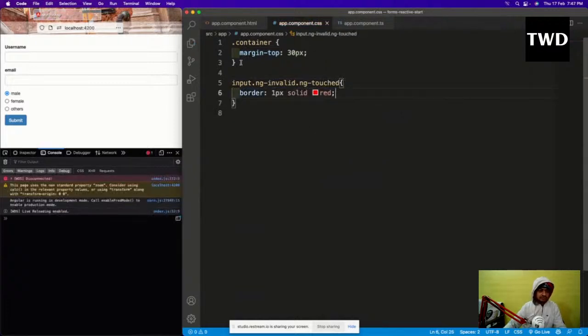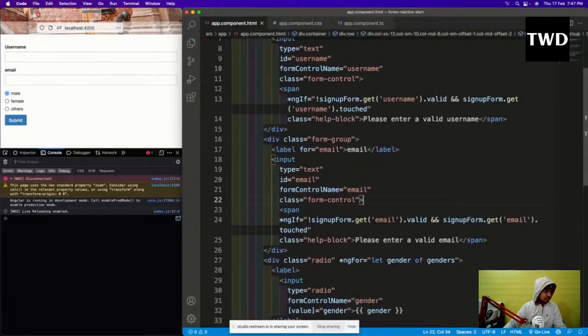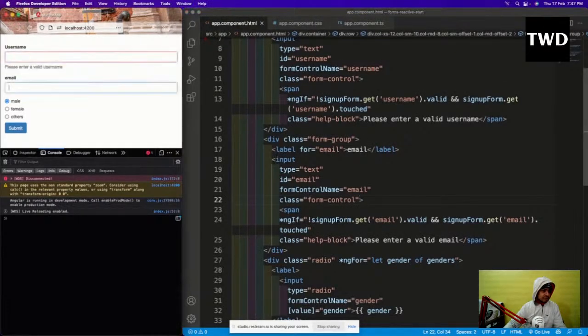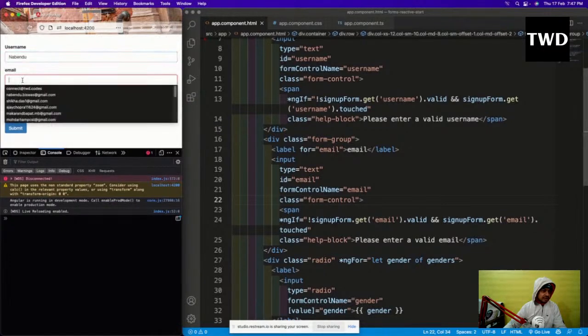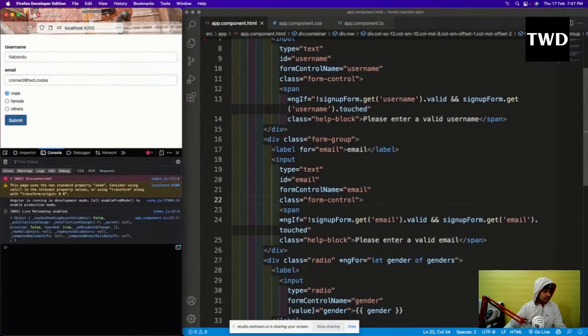Save it. Okay, so if everything is working fine, then I'll come here. See, it is showing this thing, and if I add it like this, now it will be okay. So this is there. Now we'll complete this form by getting the default values in it.